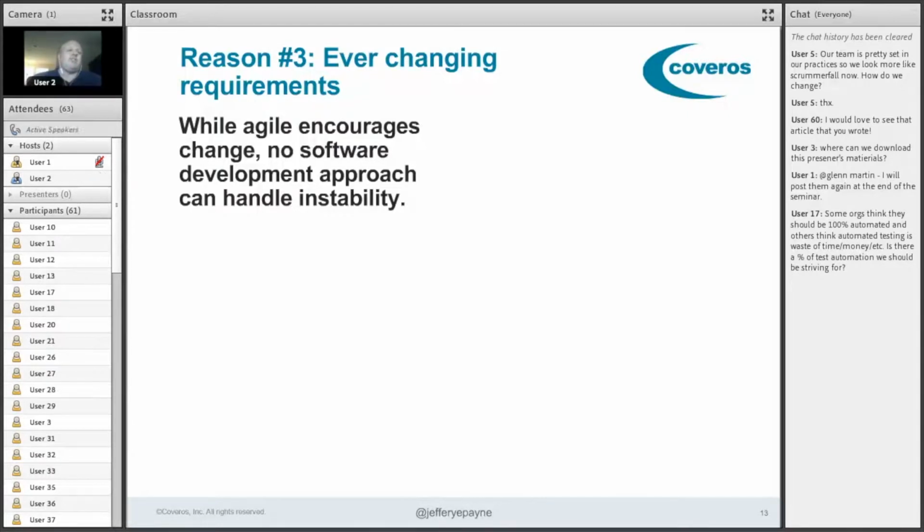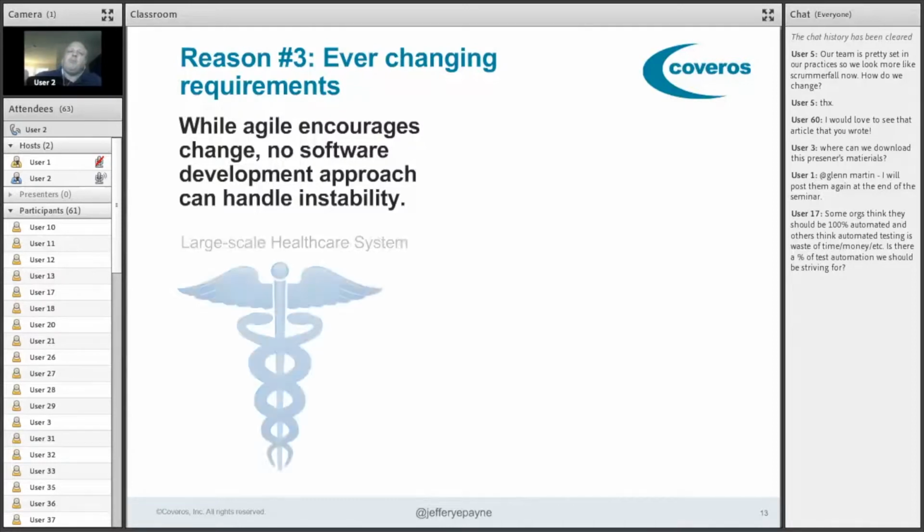While Agile does encourage change and it's built to embrace change, no software development approach, whether it's Agile, Waterfall, RUP, iterative, incremental, spiral, whatever it is, can handle instability of requirements, meaning eventually they have to stabilize into something that you're going to build. Otherwise, you don't ever know what to build